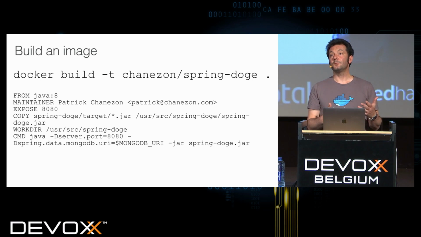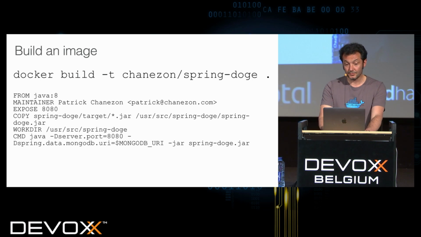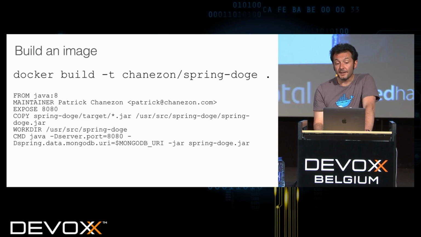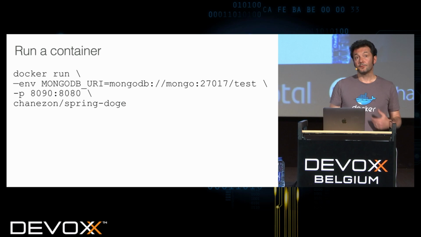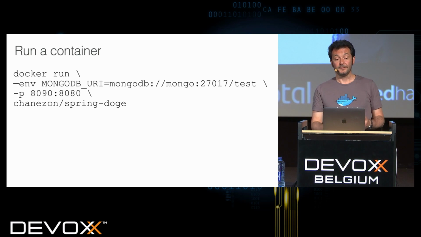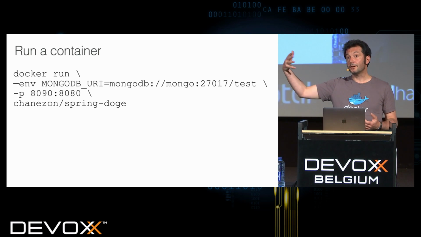So Spring Boot applications bring the web server within them. So if I run that, that should just work. In order to build my image, I do a Docker build and I call it something, and I specify dot, which is the current directory. So that's how to build an image. And then to run a container, if I want to run that container by itself, I need to have MongoDB running somewhere.